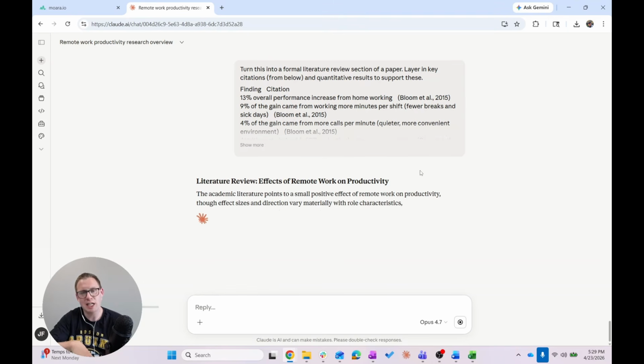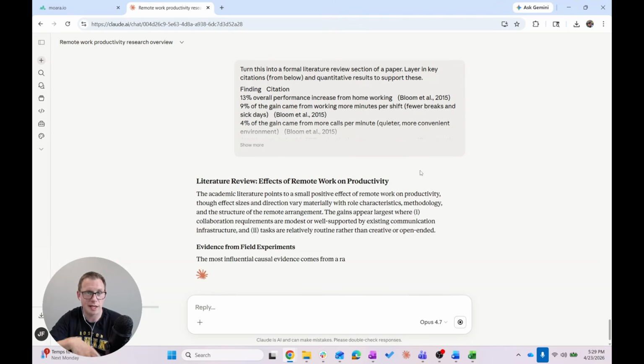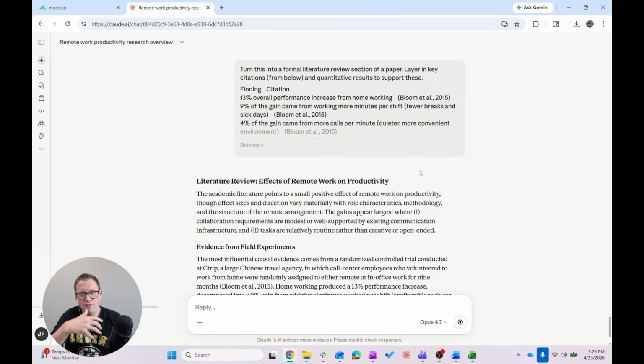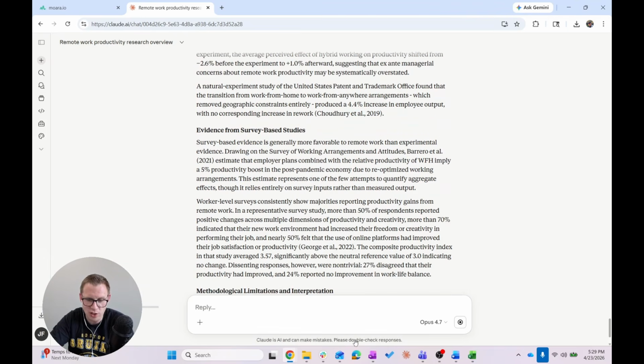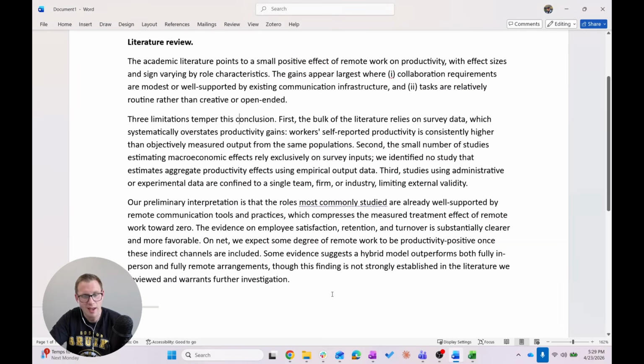Now, the one thing this can't do for you, obviously, is do what we did: identify a contribution, figure out what our own interpretations of the literature are. We'll recall that Claude had its own interpretations, and at least I think we came away feeling like they were not correct. But nonetheless, this is what your literature review section could initially look like. This is what mine looks like. And if I had to pick what my next section would be, spoiler alert,